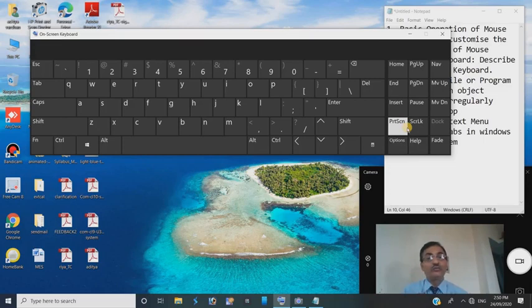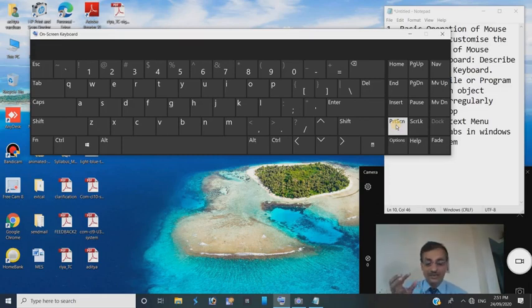Here it is very important to know what the use of the Print Screen is. Sometimes on the layout of the keyboard, you will see a Print Screen button given. What does it mean and what is really the role of this button? If you click this button, it will take the snapshot of the whole screen. प्रिंट स्क्रीन को क्लिक करते हो ना, तो पूरे स्क्रीन पे जो भी कुछ मौजूद रहता है उसका फोटो ले लिया जाता है, अर्थात will take the snapshot of the whole screen.